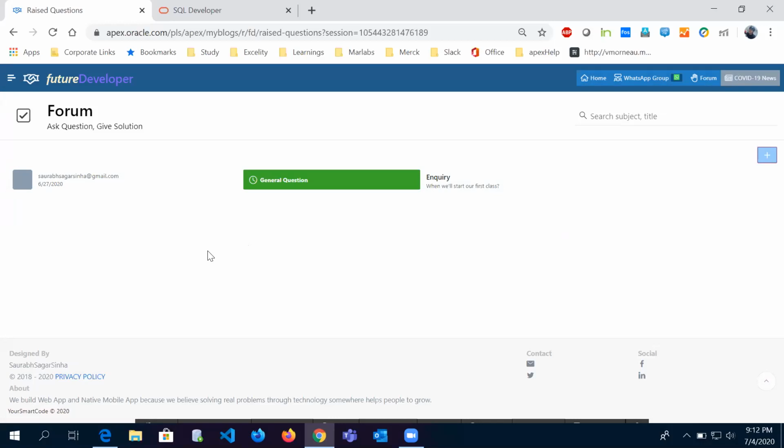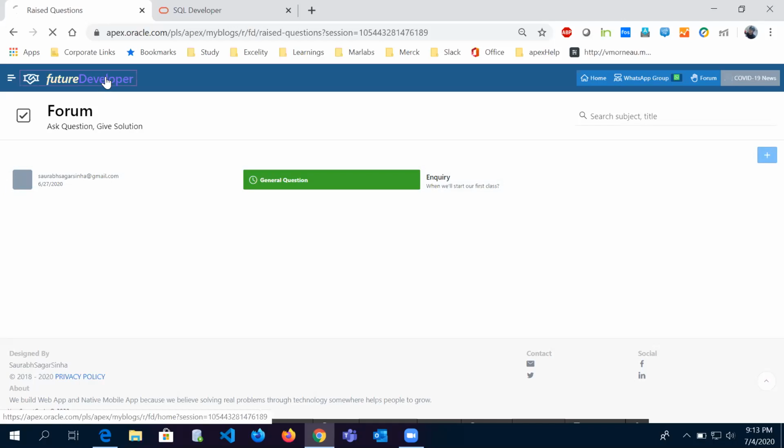Yes, is anyone asking anything? Yeah, sorry, this app you have created, this forum, right? So here you are using the backend as Oracle? Yes, the backend is Oracle, and this application is developed in Oracle Apex. This is purely an Oracle Apex application. Okay. And the backend is the Oracle database.